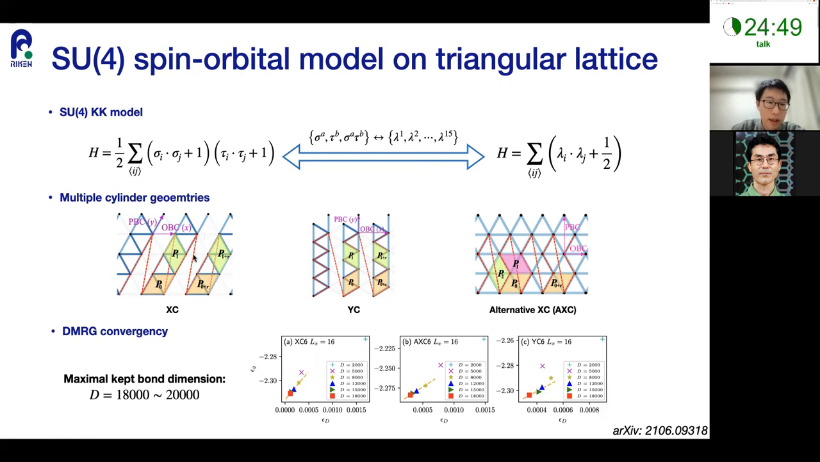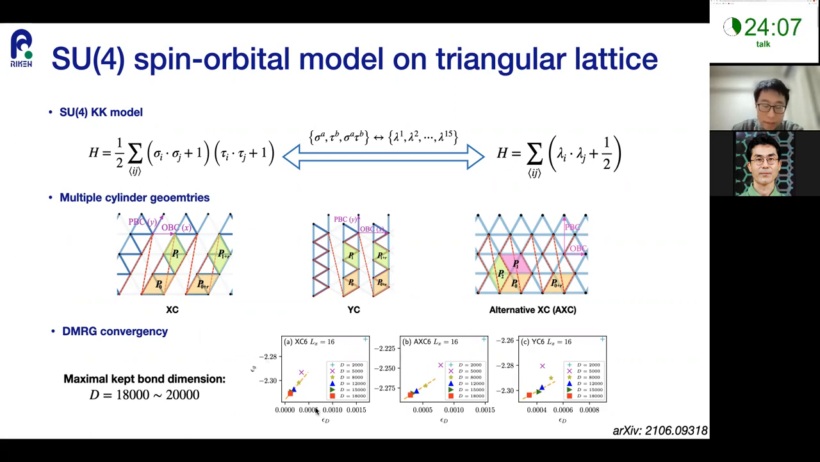The first one is XC geometry, which is the same as in the previous works, and we also consider YC and another XC, which is called AXC geometry. Since we know that the local Hilbert space of this model is large, its DMRG calculations are very challenging. So we push our maximal kept bond dimension up to 18,000 to 20,000,